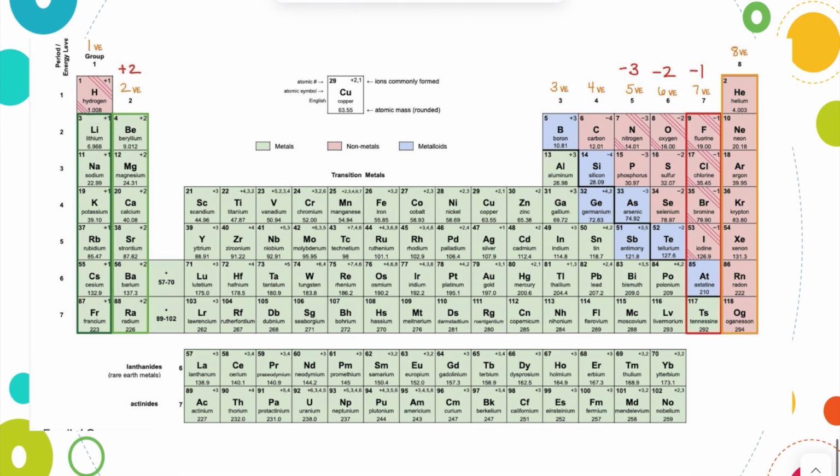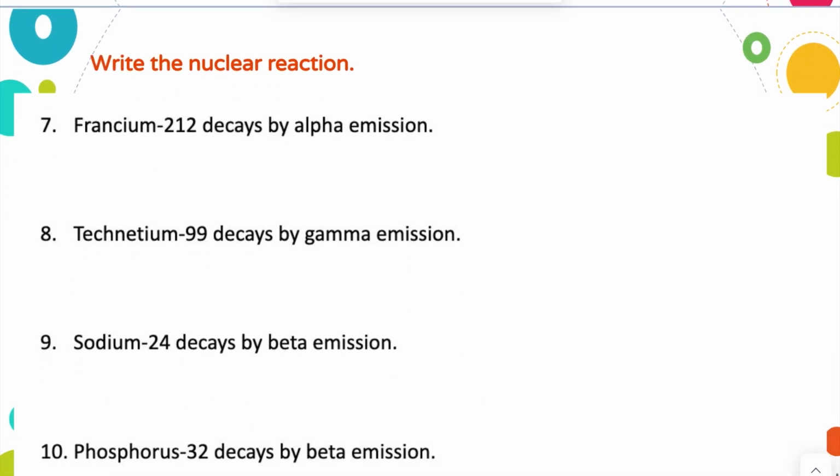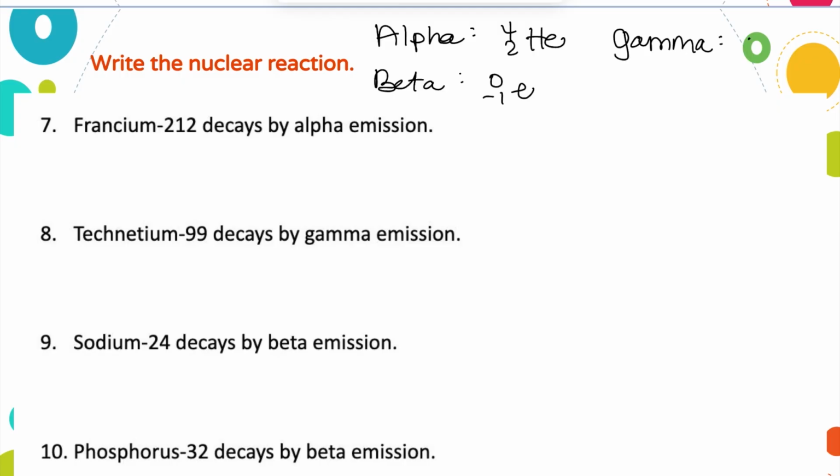All right, here's a periodic table. So now let's write the nuclear reaction. So we have these different types of decay. An alpha particle or alpha emission is that helium particle. Beta decay is an electron, and gamma decay is energy in the form of a gamma ray. So, but no mass and no protons. And so depending on what it says, we know what particle is going to be breaking off to get an